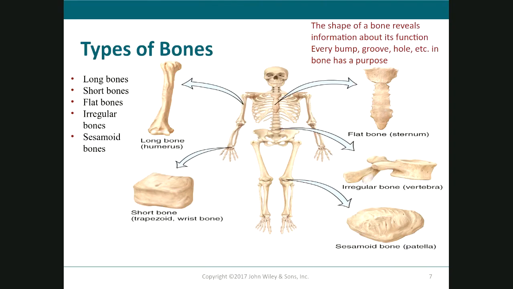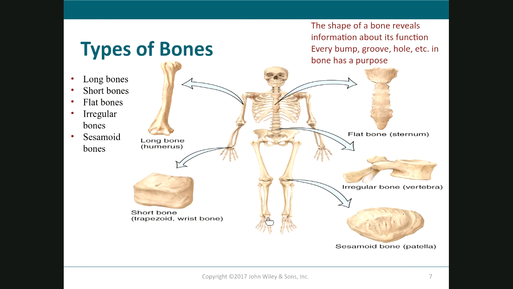Usually the shape of bones reveals some information about the function. So let's look at long bones. Long bones, limbs. Here's the humerus, radius, ulna, and phalanges. Also in the lower limb, the femur, tibia, fibula, and the phalanges. Short bones, an example of a short bone could be the carpal bones and the tarsal